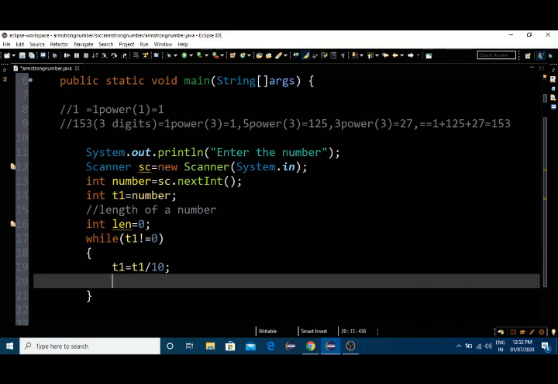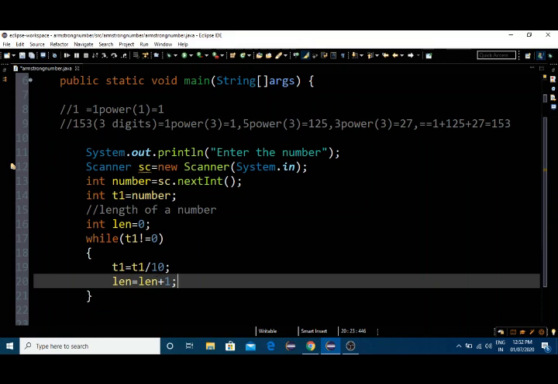If I take 153, dividing one time gives me 15. So I need to increase my length, that is length plus 1. First time I get 1, second time 2, third time 3.